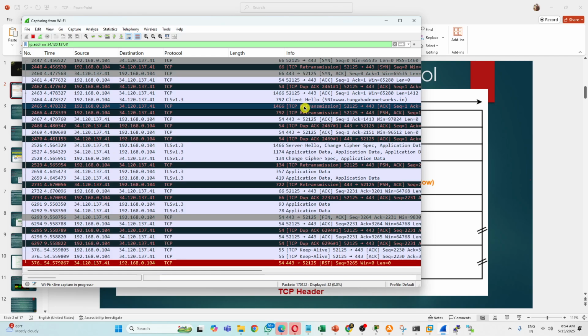Okay, yeah. So tomorrow also I will show you the real world, PhonePe servers, Amazon servers, whatever. Currently I showed you one example, Tungabhadra networks. So in the next class, TCP options and congestion control, flow control, error control. We'll discuss all the things and we'll finish TCP. Okay, is it clear, everyone?